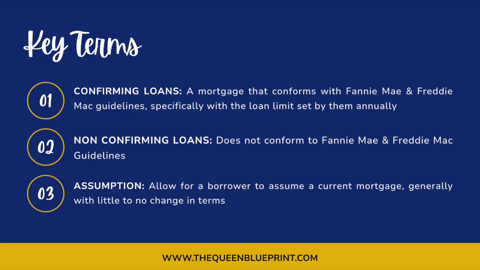All right. A non-conforming loan does not conform to Fannie Mae and Freddie Mac guidelines. It's just that simple. One does, one doesn't. Conforming, non-conforming. Okay. And then assumption allows for a borrower to assume a current mortgage, generally with little to no change in the terms. And this is super cool because this means that you can literally take over a family